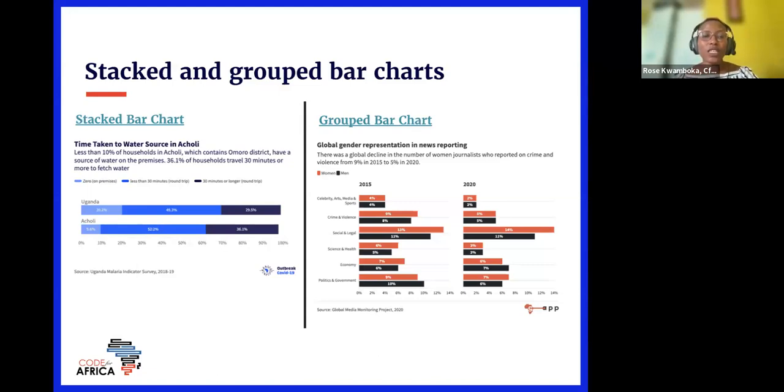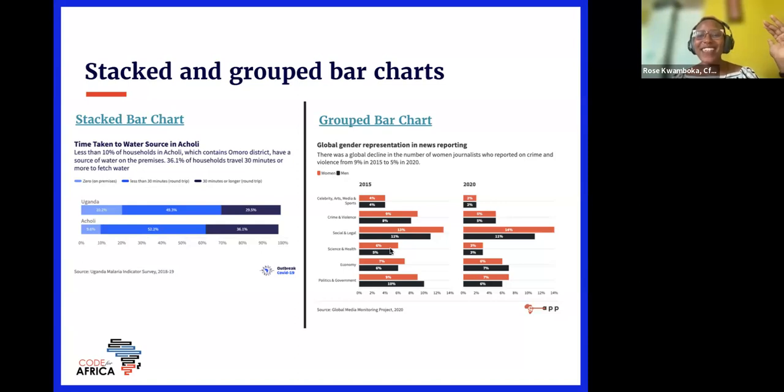In this example, the bar is all the water sources in Uganda and all the water sources in Acholi. Each bar represents all the time taken for the water source to get to the residents of that particular place. And then the grouped bar chart in this case,